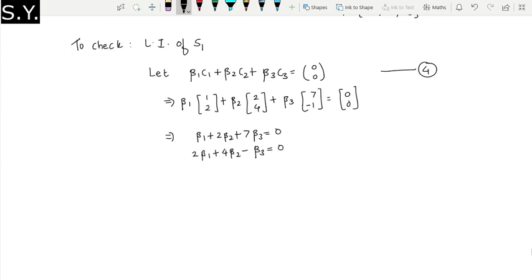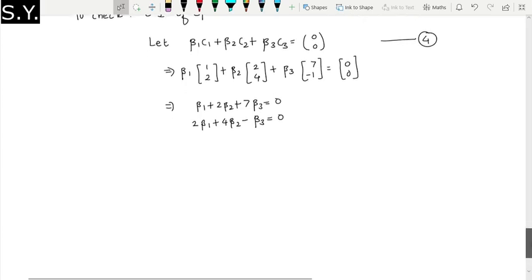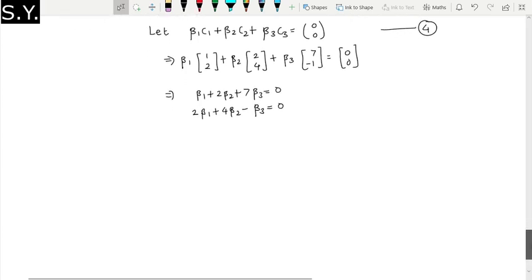Okay, now let us consider the augmented matrix, because in order to find the relation, if you can see the relation directly then very good, you can directly write down the relation between C1, C2 and C3. But if you don't see it, don't worry, we already have a method which we already discussed in the first year.